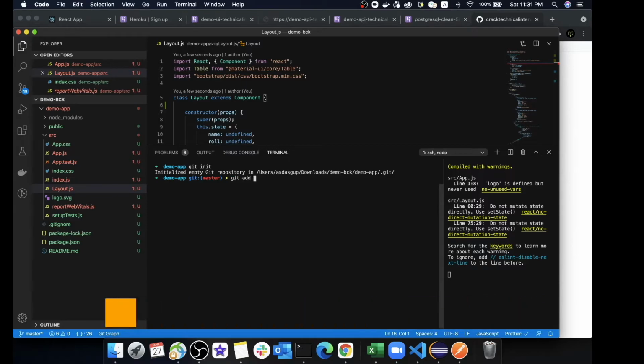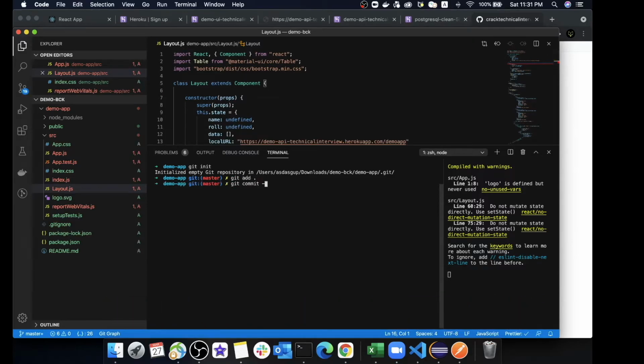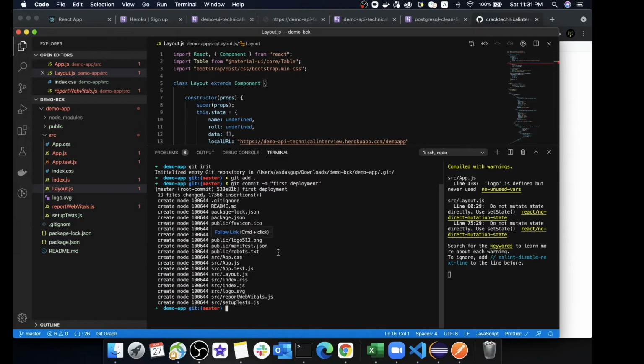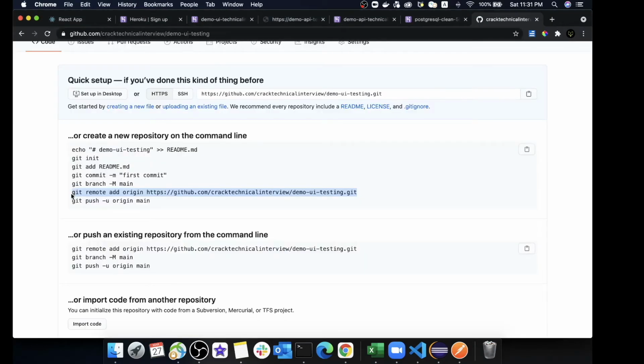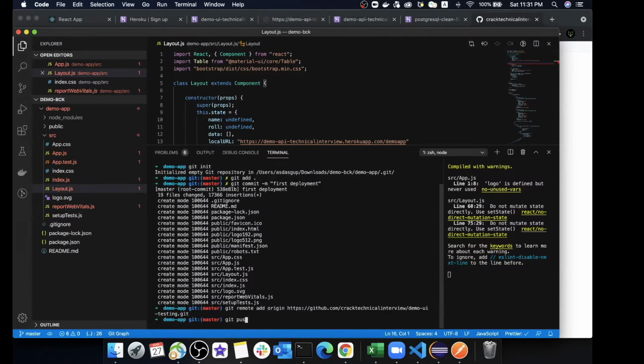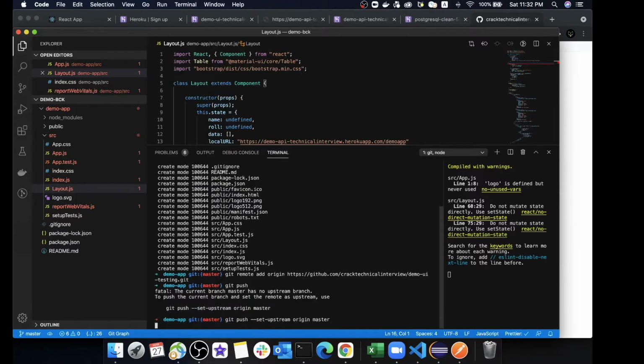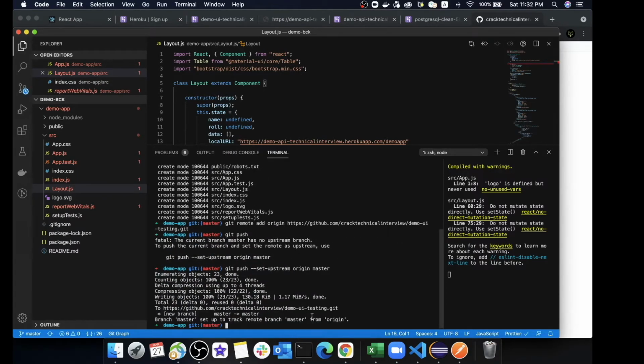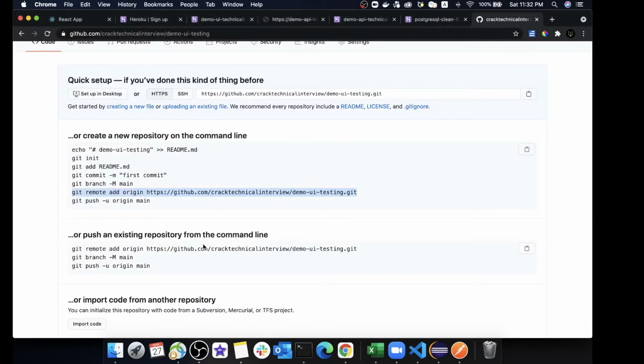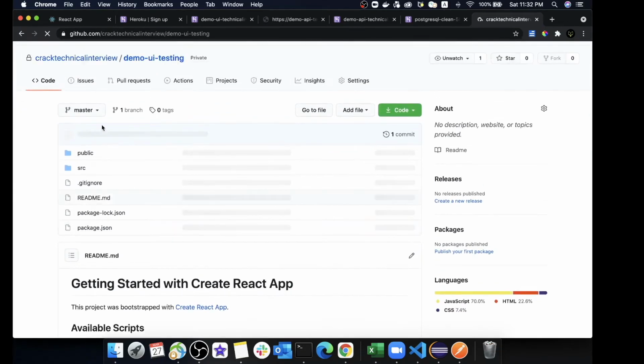Let's add the code. Let's do a commit. And let's provide the remote URL for our GitHub. Let's do a push. And that's it. We have successfully pushed our code into our GitHub repo. So you just refresh the screen and you can see the code over here.